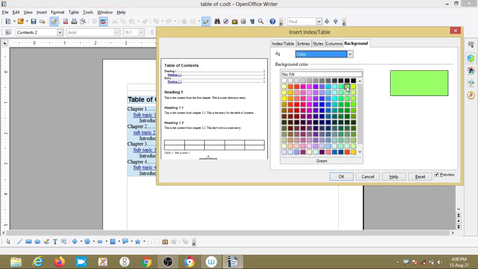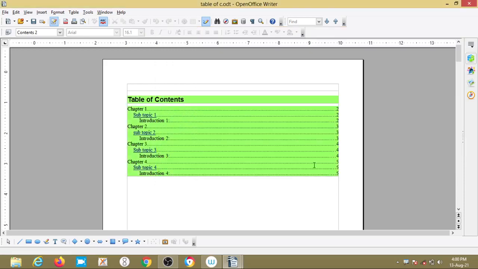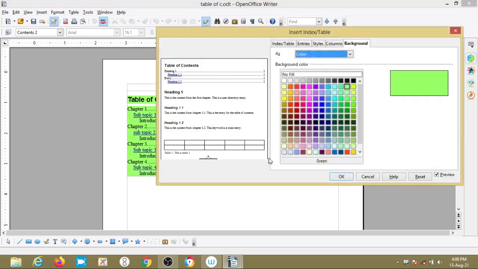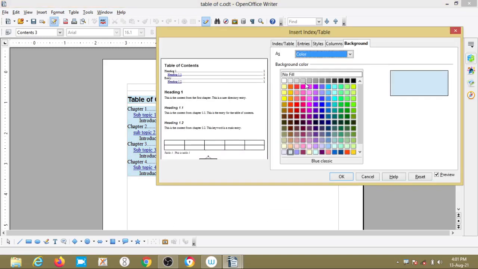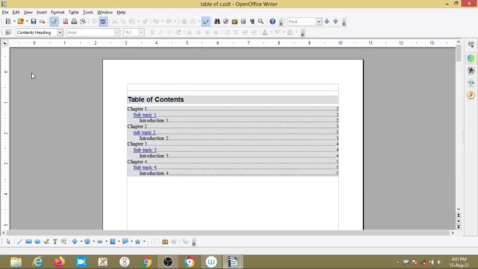Just here I am verifying the colors, right. See here, these are the hyperlink buttons.